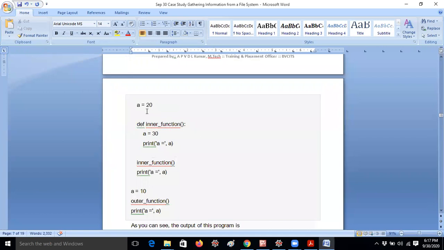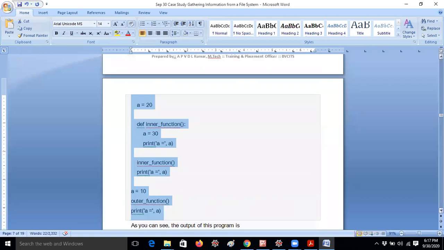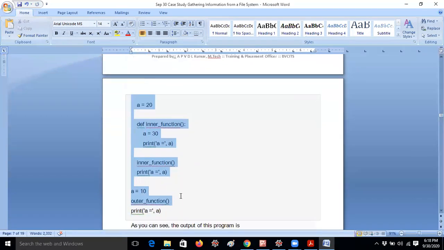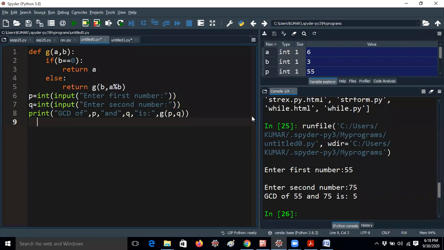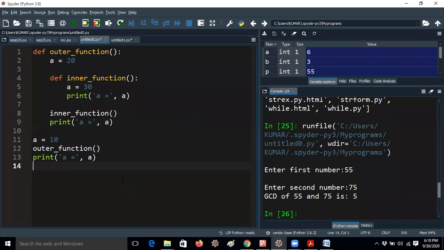So first let me run a program. In the previous case, I had taken names like A, B, C. If you are taking A, B, C, that should be very fine. But as I already told, if I am teaching one class with almost 60 students, almost 10 students may have the same name itself. So in that case, what do we have to do? In the same way, in programming also we have to get clarity, because I am using a function here. Some may be confused about this program.